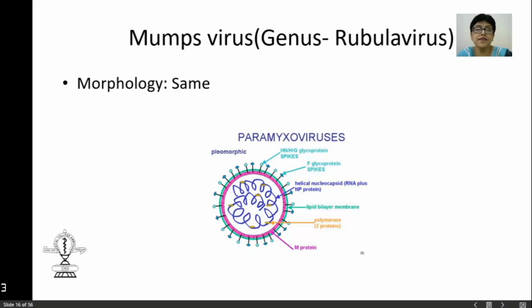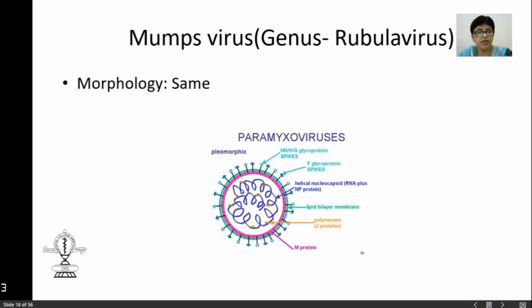Now, mumps is a very familiar condition to you, I'm sure. This affects children usually between the ages of 5 and 9, though it may take certain children to contract this in adolescence too. This is an acutely contagious disease which causes non-suppurative inflammation of the parotid glands. Though 1/3 of the population which is infected may be asymptomatic, those children who come down with the disease, for them it may be an extremely painful condition.